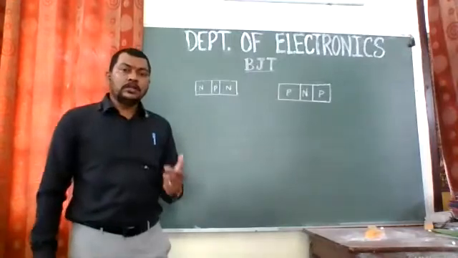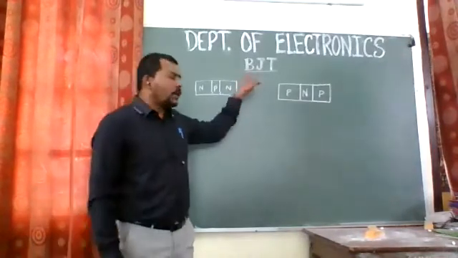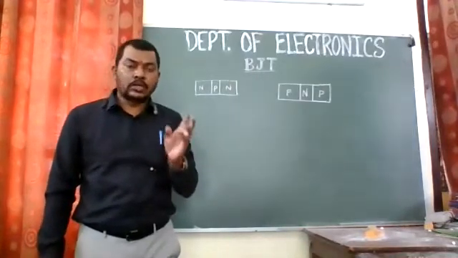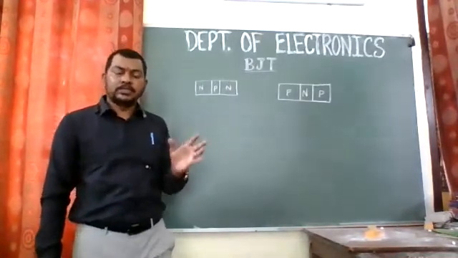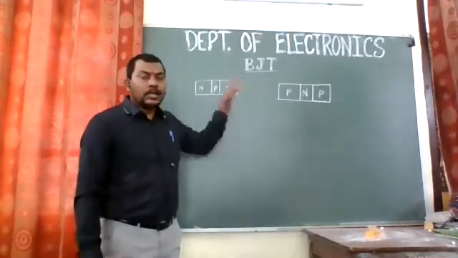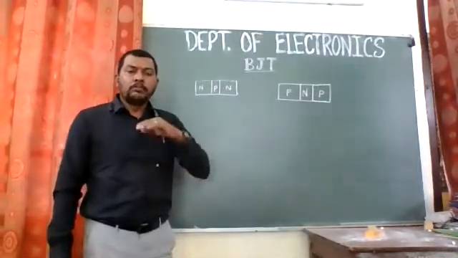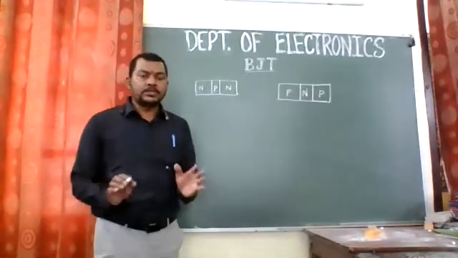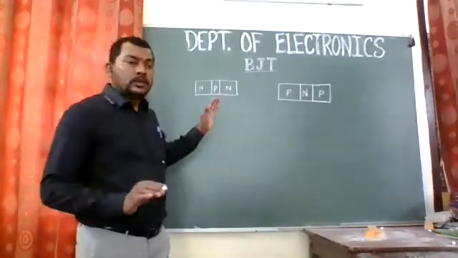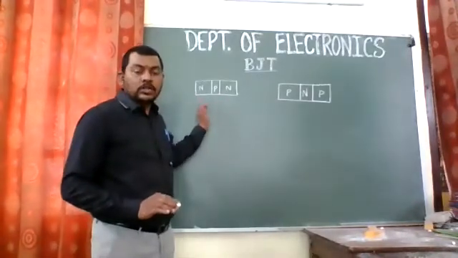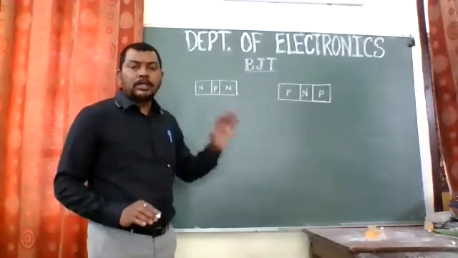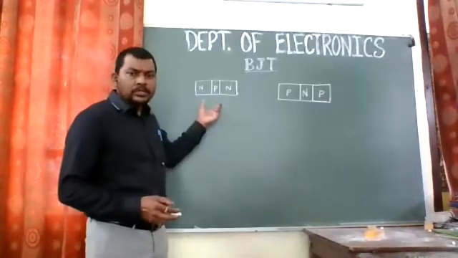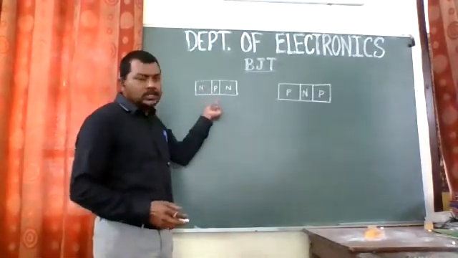Now, this is also called a bipolar junction transistor. Why is it called bipolar? Because both the charge carriers, holes and electrons, take participation in conduction, or the current flows through both of them, and therefore it is called a bipolar junction transistor. Now, as you are able to see, there are three layers and two junctions in between.